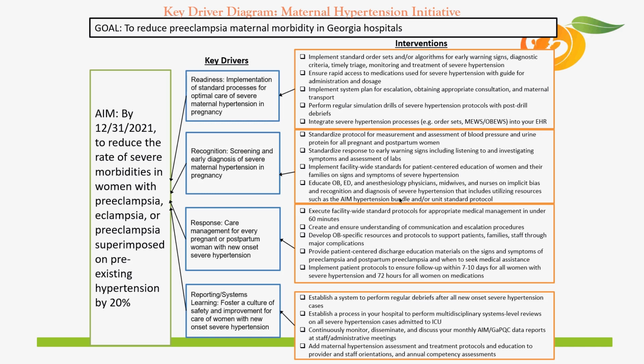Want to go back through just over our basic slides. The first is the key driver diagram for the Maternal Hypertension Initiative. Some of the changes that we're going to talk about today begin with this slide. One of the updates that we've made in this section, if you follow over under the education, that fourth bullet in that orange box, is that we've added the measure for implicit bias education.